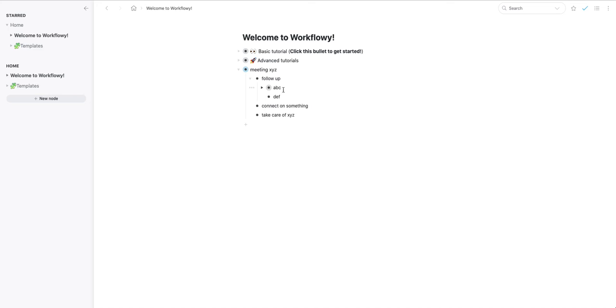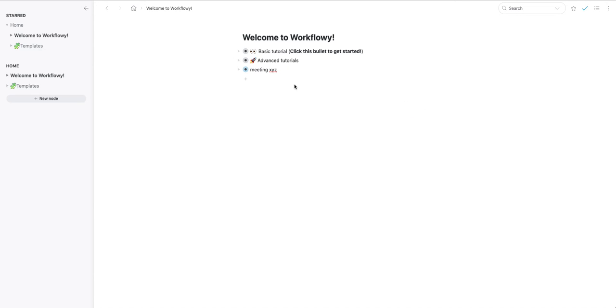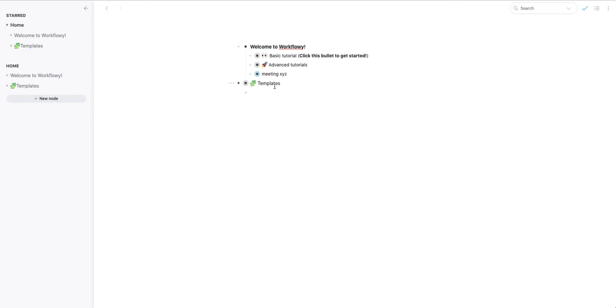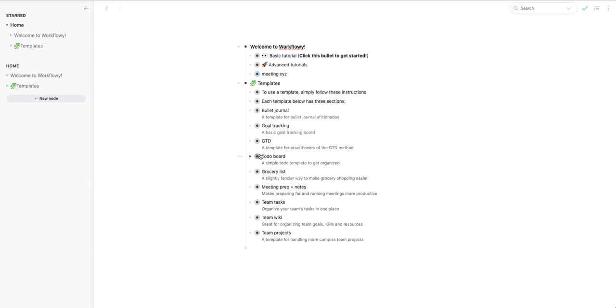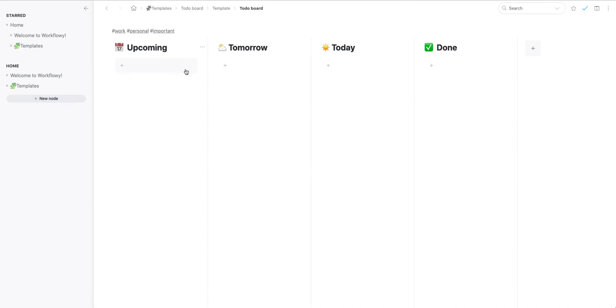Then I have templates as well for this. So if I go a bit up, let's say this, and then I can find the templates. So I can use any of these templates. For example, I can just open this one, and then I can open this to-do board. So now I got a cool to-do board which I can use anytime for adding my to-do list. So I can add item 1, item 2, I can easily move the items for what I plan